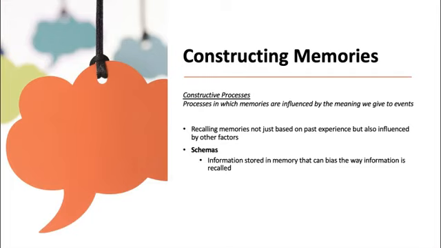Now, schemas, which we have talked about before, this is how we categorize information, right? So we organize the information we receive and we store it in our memory using schemas, right? Categories of things. And because we store information this way, our memories often consist of reconstruction about a previous experience, and are influenced by this, right? They're influenced by these different categories that you've placed memories in and how they're related to other categories.